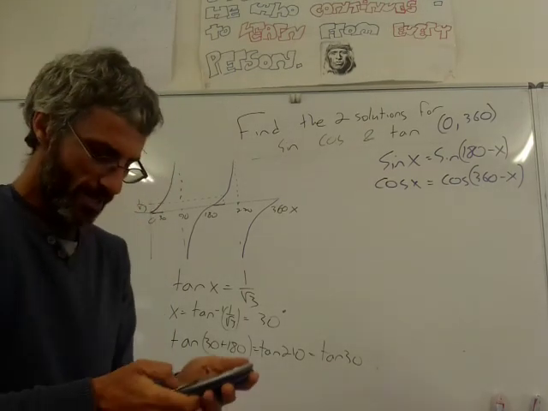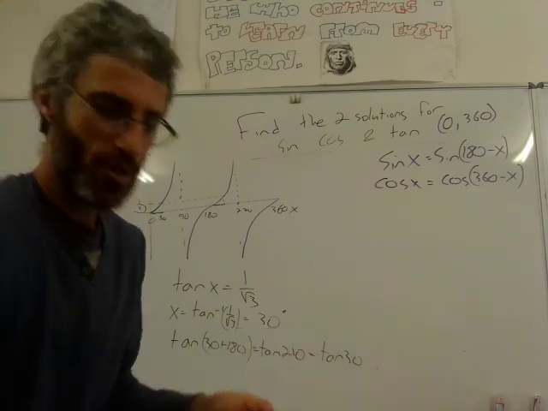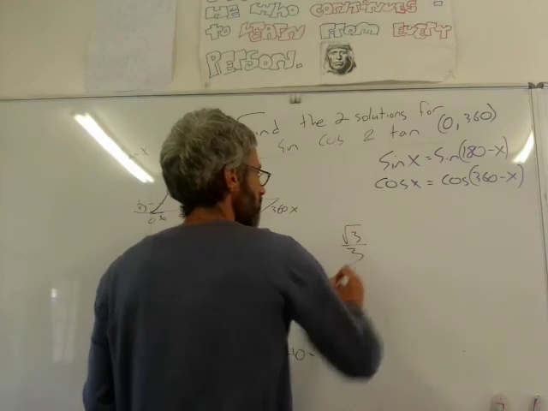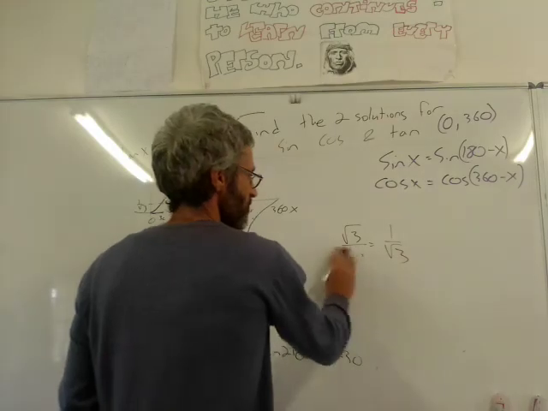So I'm going to put tan 30, and I get 1 over square root of 3. Or as they write on my calculator, square root 3 over 3. That's the same thing as 1 over square root of 3. Because 3